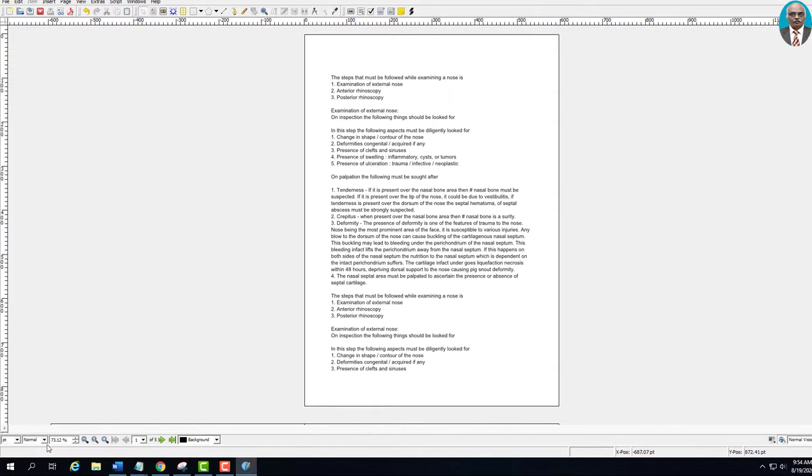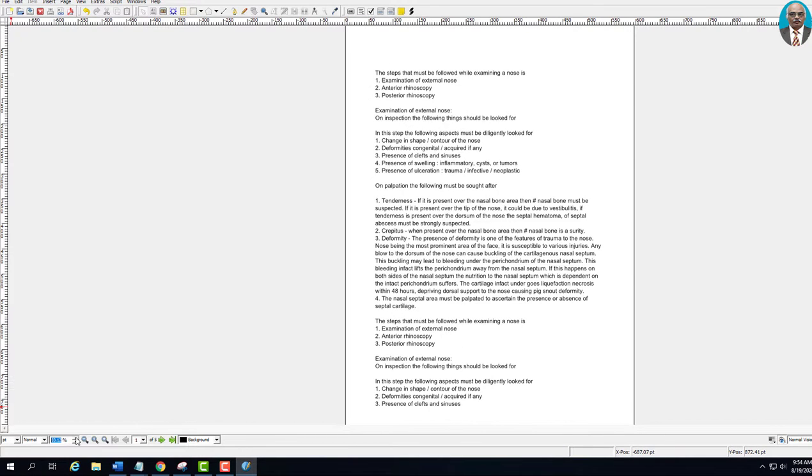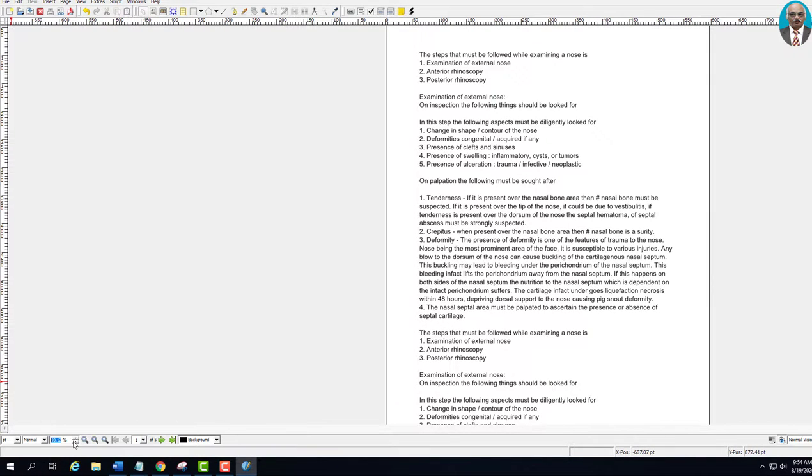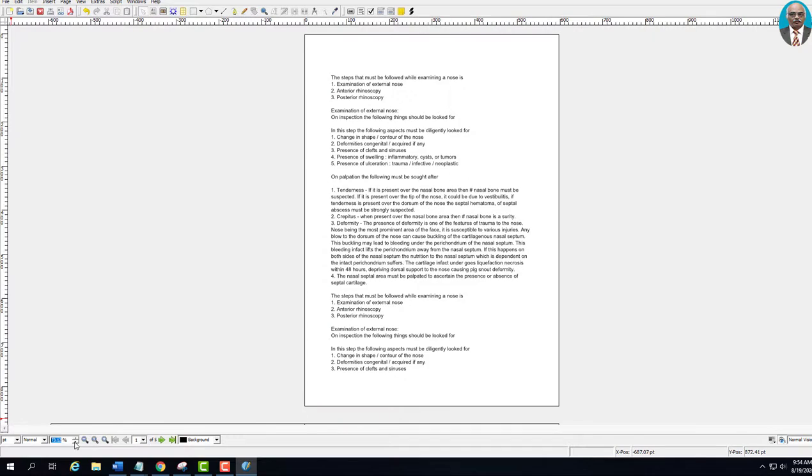Then here we have a spin box where you can increase the size of the page by going up or down the spin box. This is one way of zooming in or zooming out. So this is the spin box. Again, there are multiple ways of zooming in or zooming out the document. Here you have the spin box at the lower left portion of Scribus. You can spin up or spin down to increase or decrease the size of the layout.